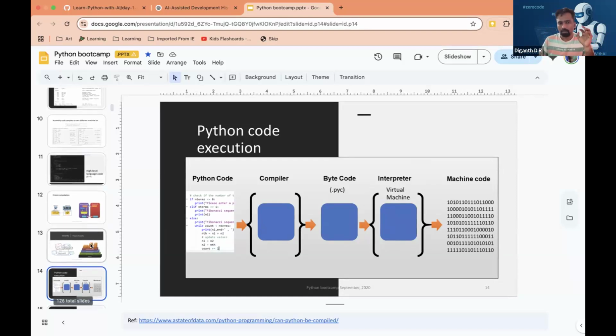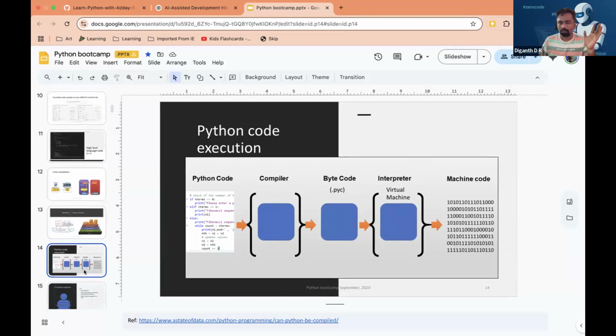So that's about how computer programs work. So that's very basic. You don't have to go deep into that, but you understand that to generate machine code, we are doing all this circus. So now we don't have to worry about the operating system. We don't have to worry about the chip. So that is what we are trying to get rid of. So this is called an abstraction